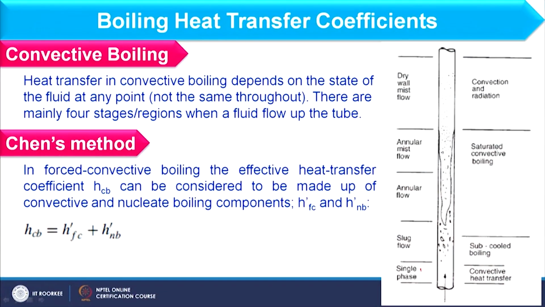And now we have convective boiling. When convective boiling is taking place, we have different regions, and these regions are single phase, slug flow, annular mist flow and dry wall mist flow. As the vapor formation increases, accordingly we have different regions. To account for this, we consider Chen's method. And in forced